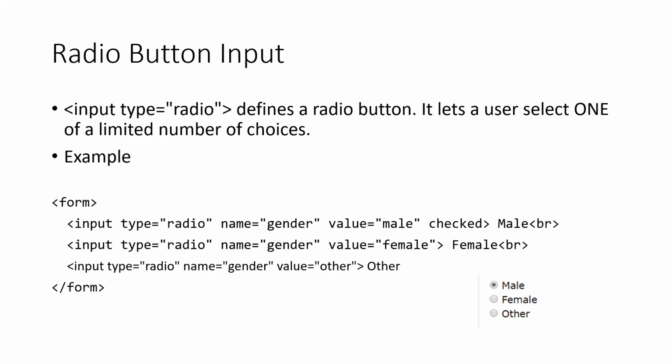I put other here because, for example, if you take babies when they are born, sometimes they are not put into one of these categories in the beginning, right? So it could be male or female, or it may be unidentified or something, right? So in this particular case, you will see